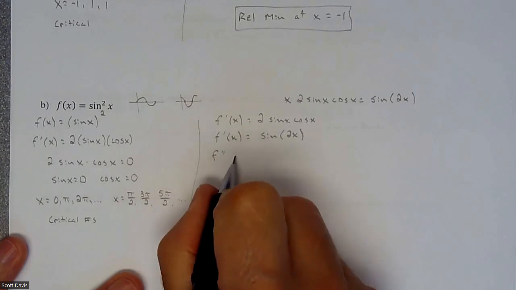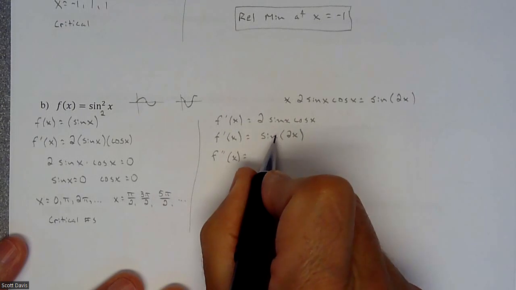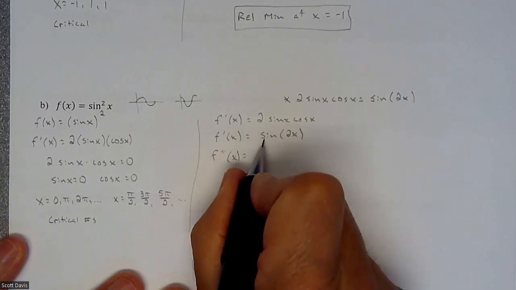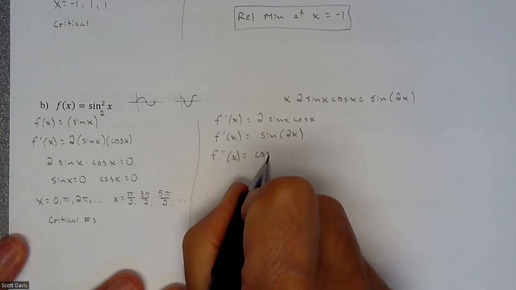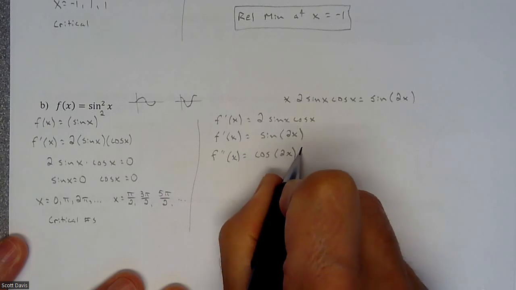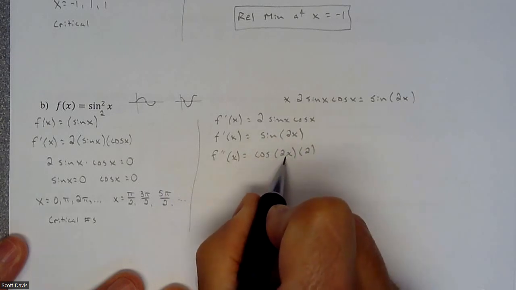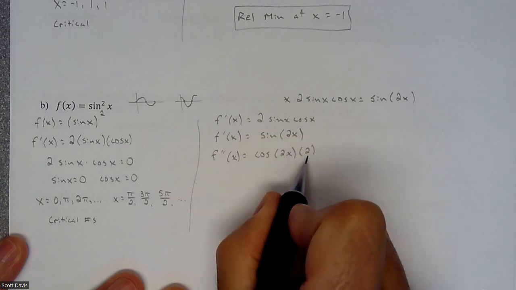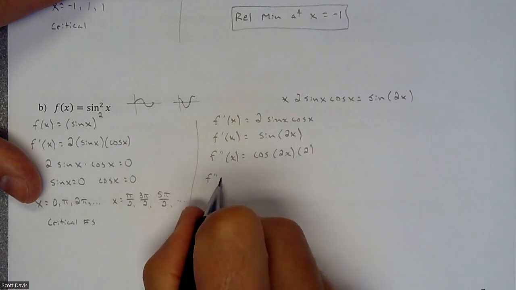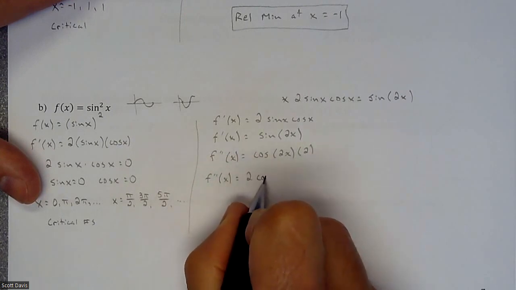So let's do our second derivative. If I do the derivative of this, this is going to be a chain rule. So the derivative of the outside, derivative of sine, is cosine 2x, and then times the derivative of the inside, which is 2. So our second derivative is 2 cosine